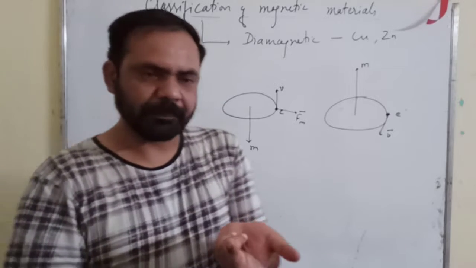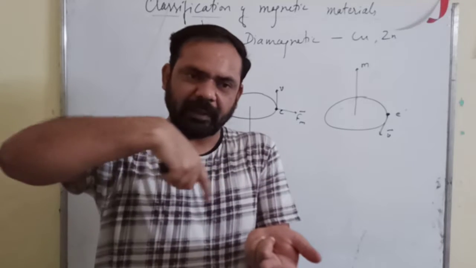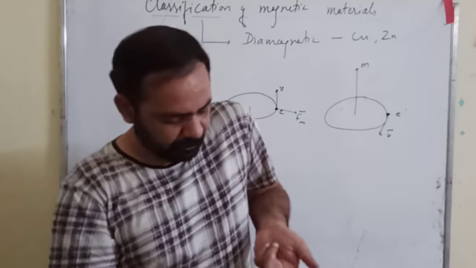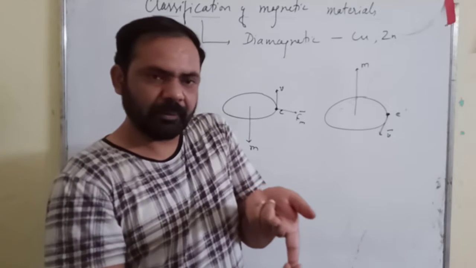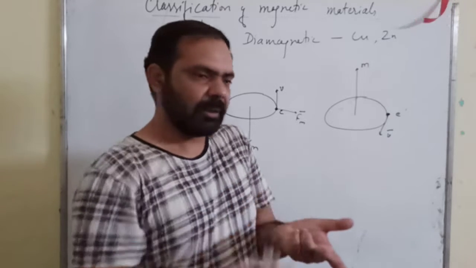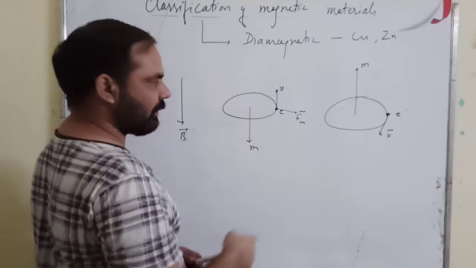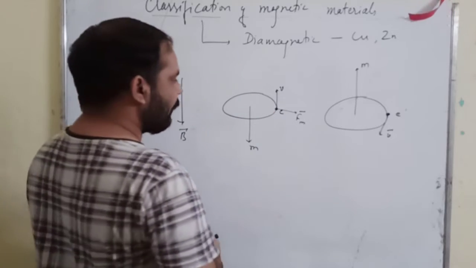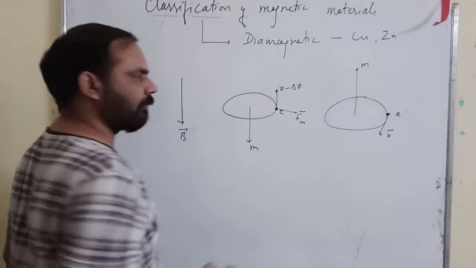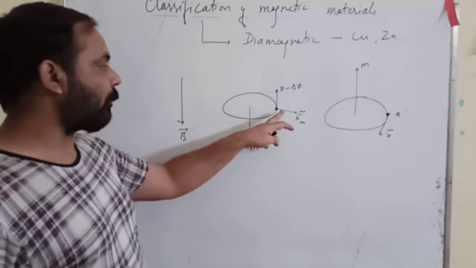So the field is downward. Okay, the current will be opposite. If the electron is revolving anti-clockwise, then the direction of current will be taken opposite, clockwise. So if I put my hand like this, the field is downward, right? The direction of current is this direction, so the force is outwards. Outwards means not towards the center of revolution of the electron, right? So what will happen? This force will slightly decrease the velocity because it is opposite. It is not towards the center, but it is opposing that force.